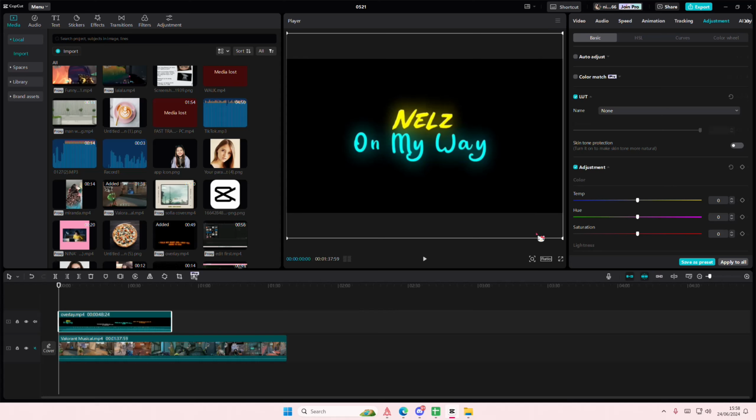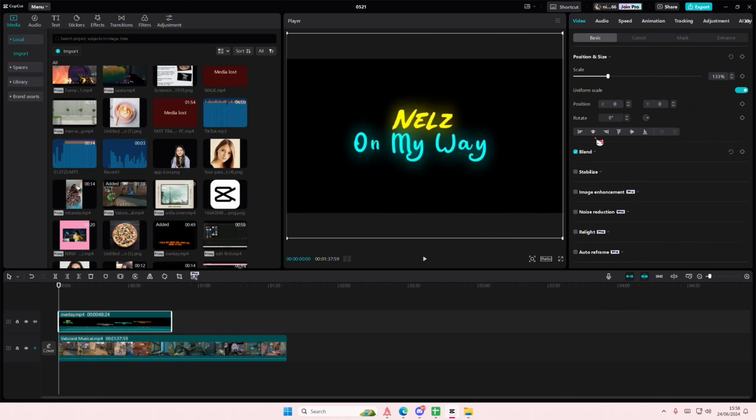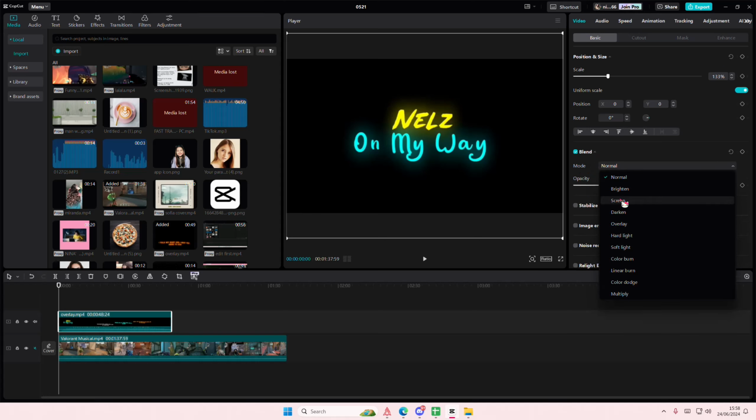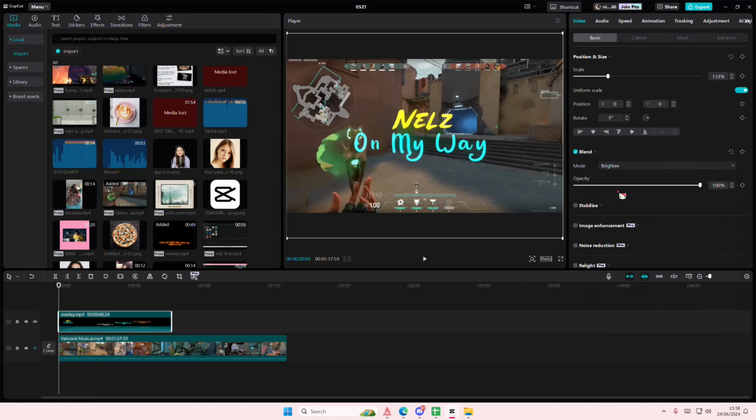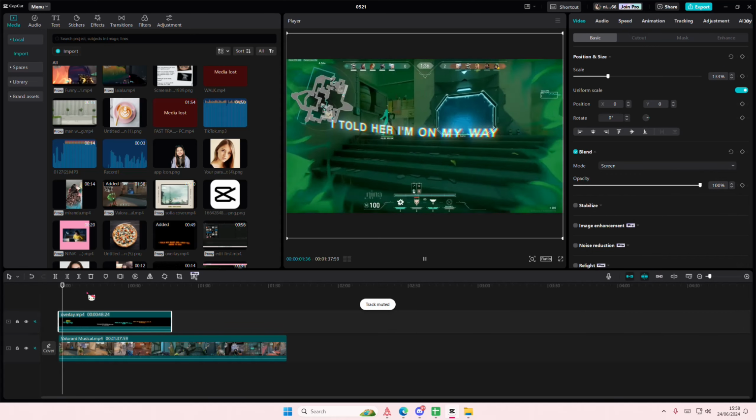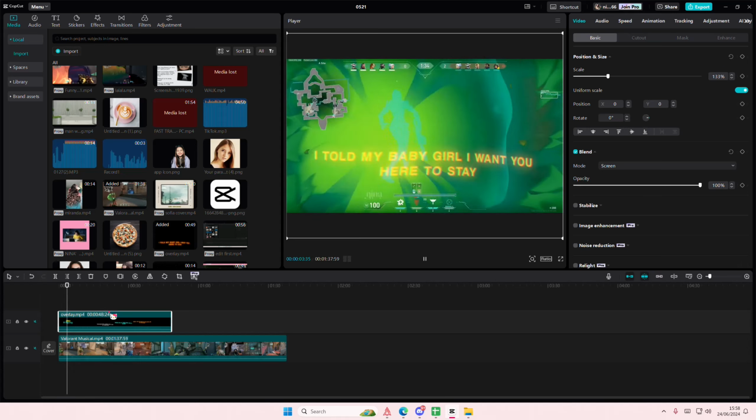So to blend this overlay together, you are going to go to video here, go to the blend mode, and you're going to select mode, and you are going to select screen or brighten. Now that's for overlays with a black background, but if you want to